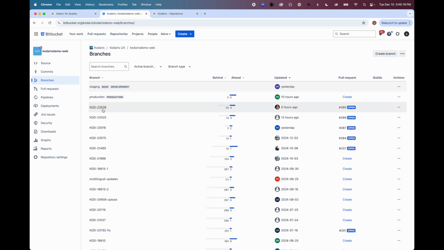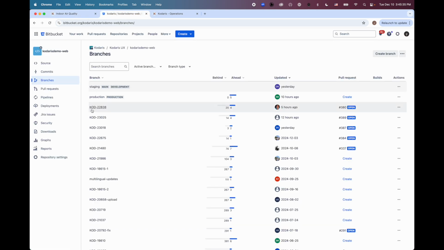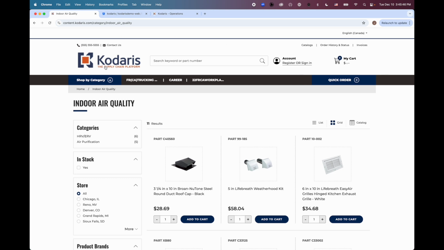So anytime we merge code into the production branch, and then we deploy the production branch to the website here, those changes from the production branch are going to take effect on the website. So we'll get into the deployment process soon enough. However, when we're making changes to the website and developing on the website, we don't want to be affecting the live website, because we have users using the website to